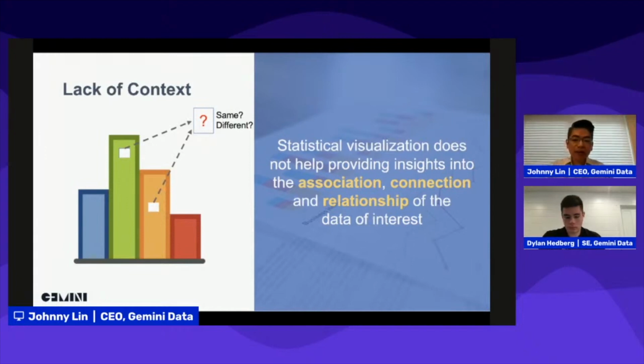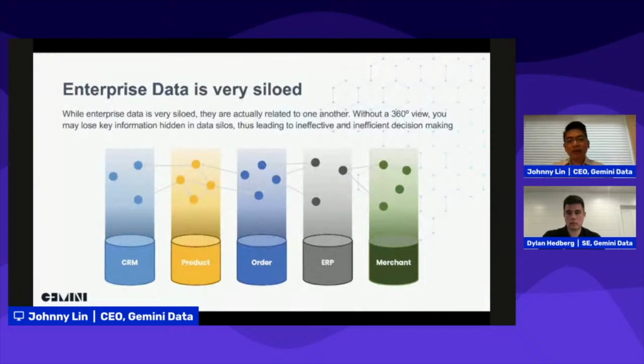And why is that? I think it's important to understand that in the typical enterprise world, data is typically very siloed, because there are different teams, different businesses, different functions. So as a matter of fact, most of this data is being stored in different places or databases, right? To have a holistic, 360-degree view of your business is really hard, because you have to overcome these data silos and connect them together before they can give you some insight, right?